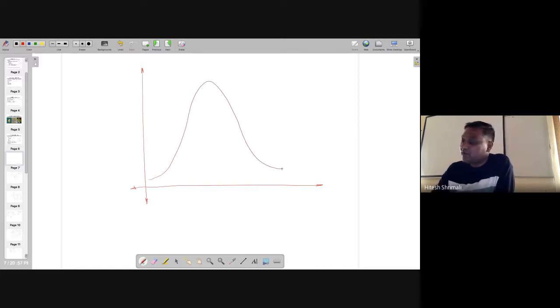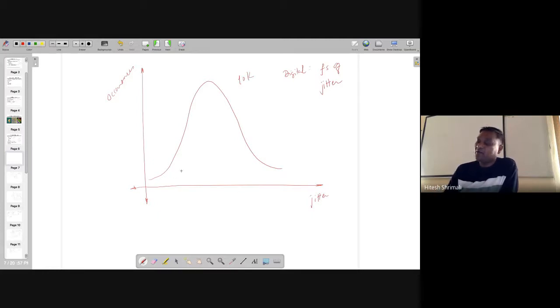let's assume that I'm saying my digital circuit has femtosecond jitter. In that case, I need to check what jitter comes for different occurrences. Generally in industry, people use 10,000 runs and check what is happening at 6 sigma. So this is a Gaussian curve. This is the mean value, this is the standard deviation, all these things already known to you. So this is 6 sigma. At 6 sigma, whether that number is fulfilled or not.